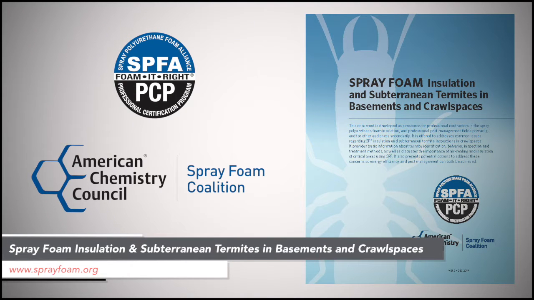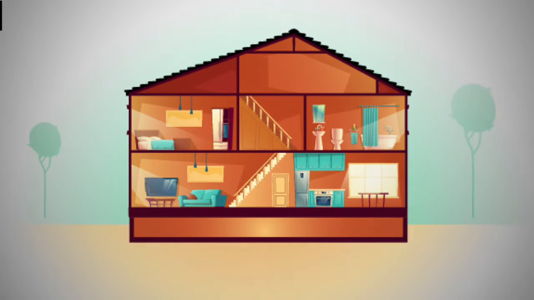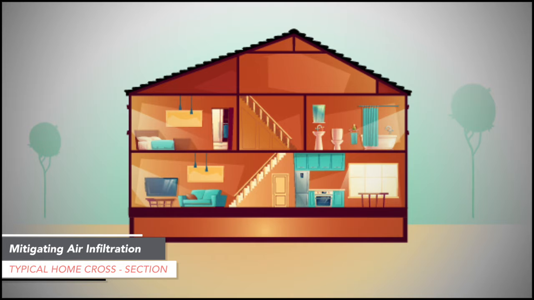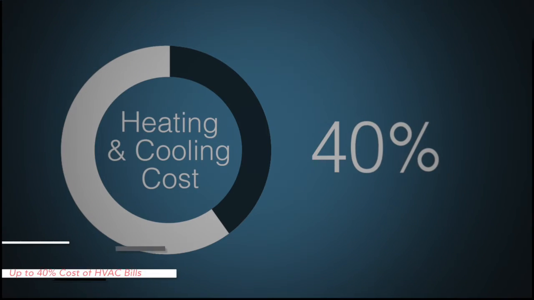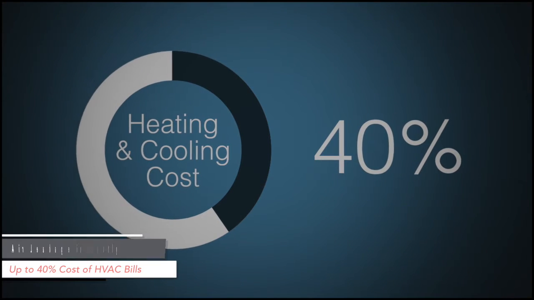Spray foam insulation and subterranean termites in basements and crawl spaces. A comfortable and efficient home must keep the inside air in and the outside air out. According to the U.S. Department of Energy, unwanted air leakage can account for up to 40% of the cost